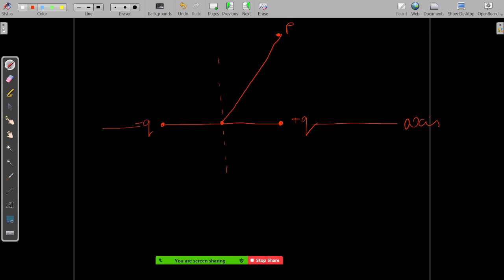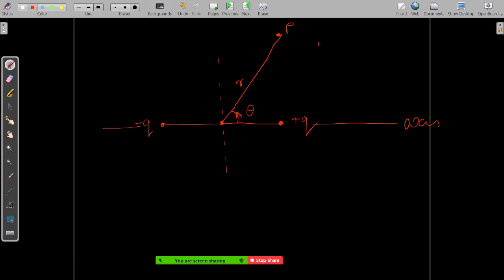Now what they will say is, what is the potential at a distance r from the dipole. It's not from the negative charge or the positive charge, but from the center, at an angle theta from the dipole. So the potential at the point P at a distance r at an angle theta from the dipole. That angle theta is taken from the positive side. If you remember this diagram, you will understand.